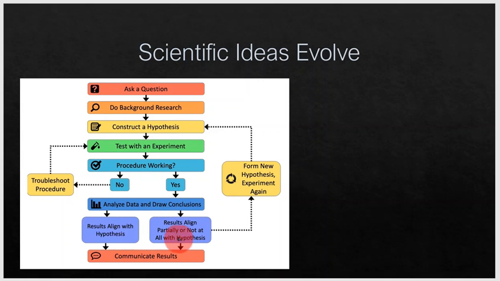And sometimes the results can partially support your idea, and then you need to revisit your initial idea and see, maybe we have it half right. Maybe some part of it is correct, some part of it is not correct. Can we determine what part is correct and what parts are not correct? That can result in what's known as forming a new hypothesis and doing another experiment. And what's really key with science is that you don't just keep your ideas to yourself, your ideas are communicated with other scientists.